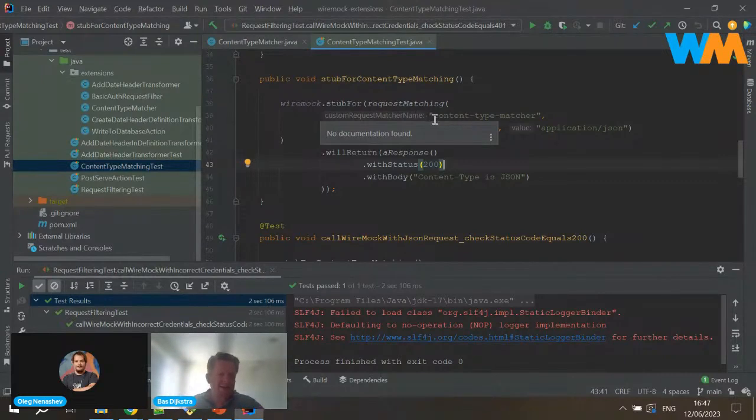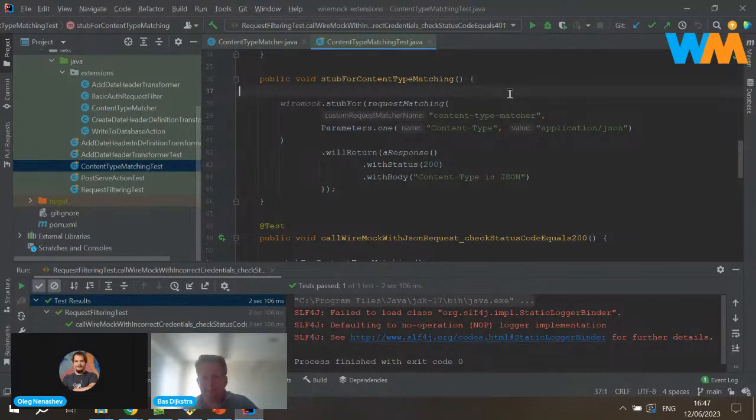In this case, I apply this to an individual response. There's probably also a way to apply this to all responses that you do, but maybe Oleg can fill you in on that in a moment. But in this case, I apply this to one specific response definition.